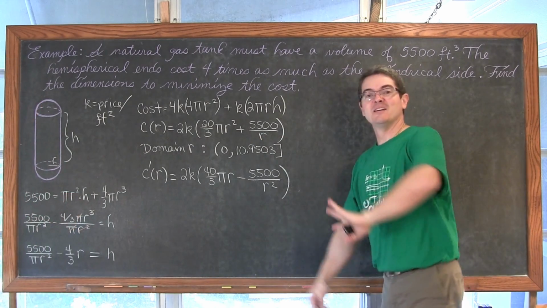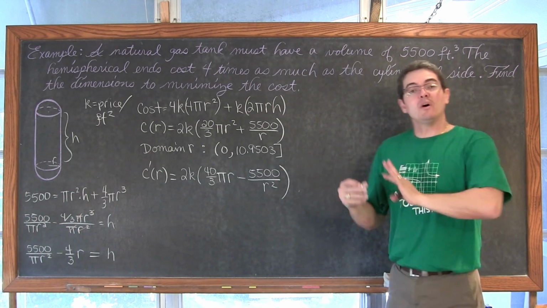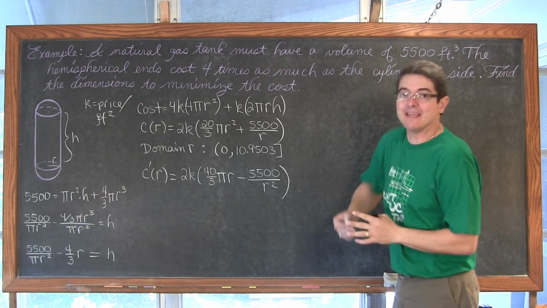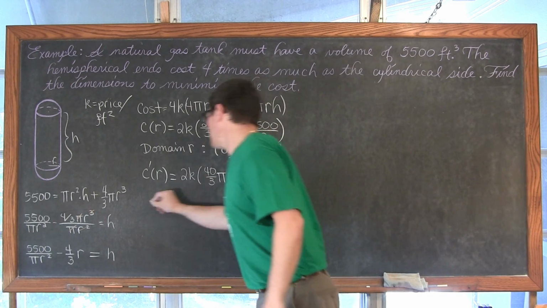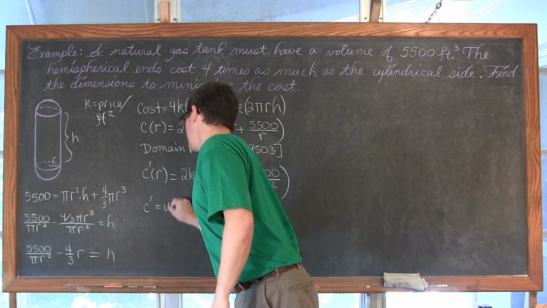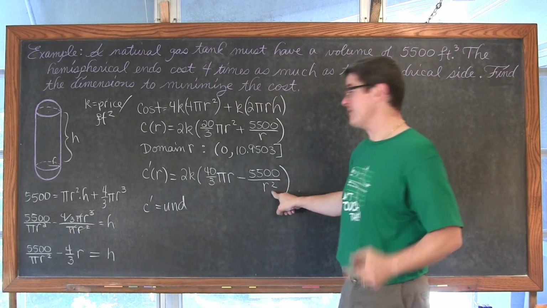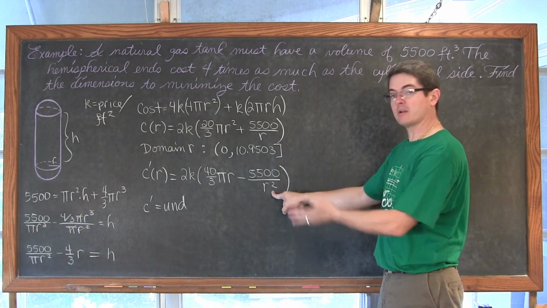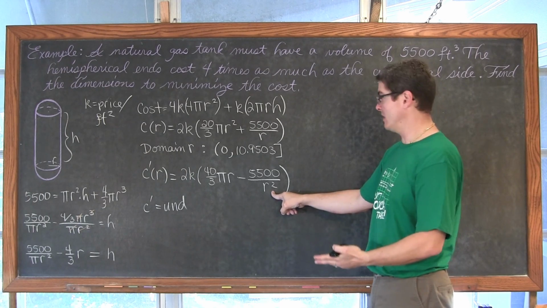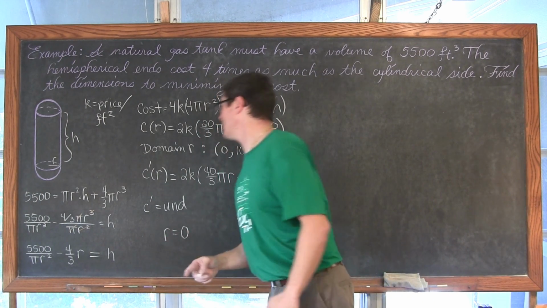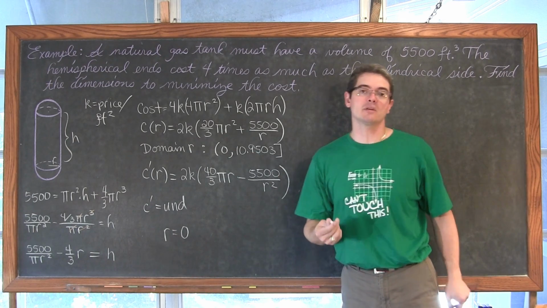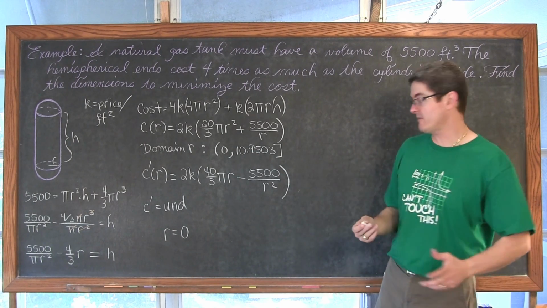So we got this cleaned up. We want to find out where the first derivative is equal to 0 or undefined for our critical values. The first derivative is going to be undefined where I have a division with the variable in the denominator, because I can't divide by 0. So it's undefined at an r value of 0, but we've already discussed that that's not in our reasonable domain, so I don't need to worry about that value.